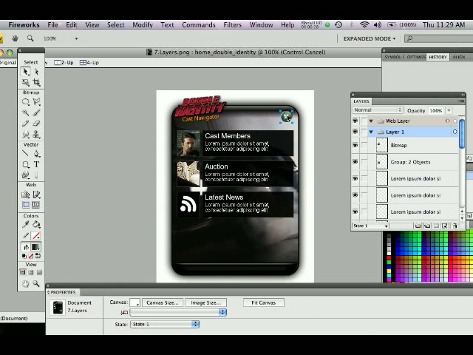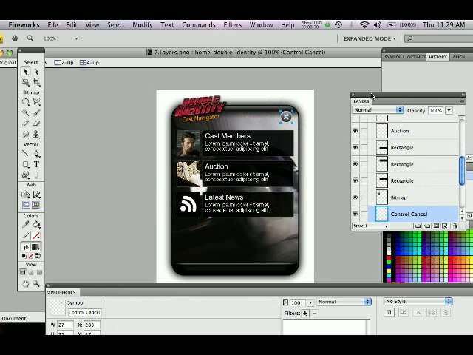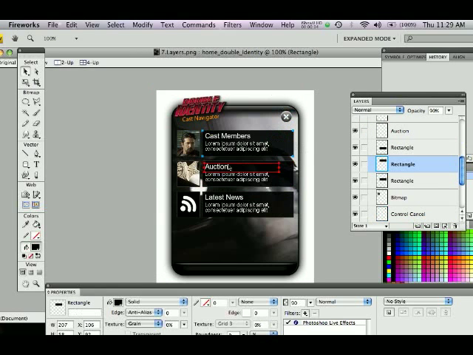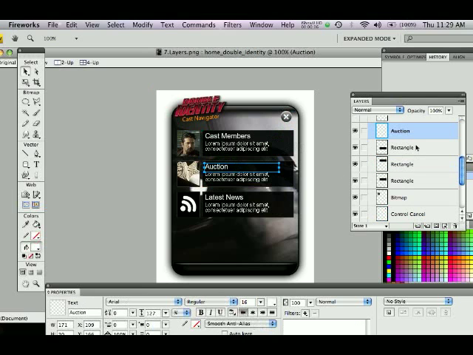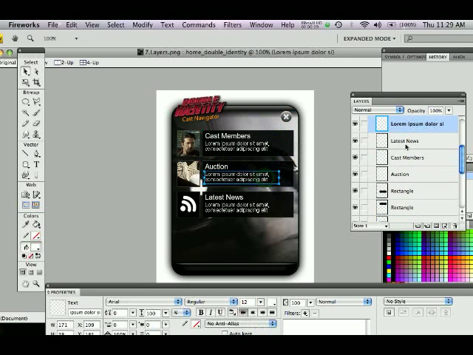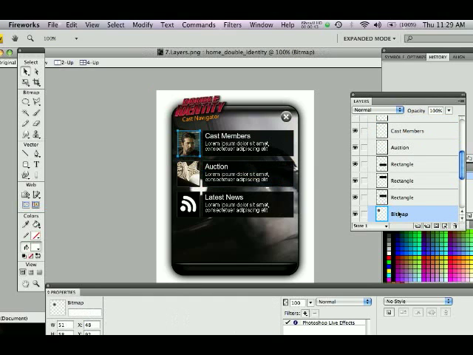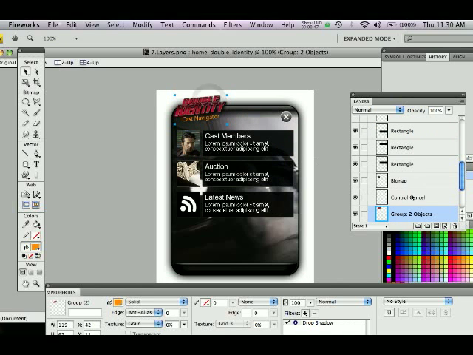Each one of these is a separate object. So as I select it, if you look over in your layers, that option is being selected. Got a box, which is a rectangle, text, auction, click here, there's my lorem ipsum selected, again, a photograph, a bitmap. These are layers, and the way they work is whatever layer is on top of another will have prominence